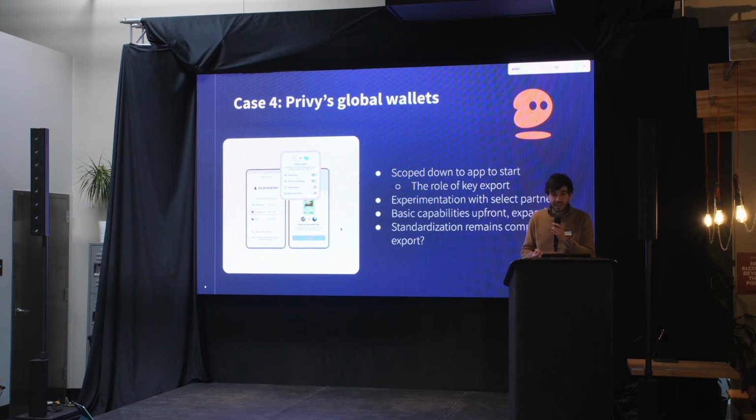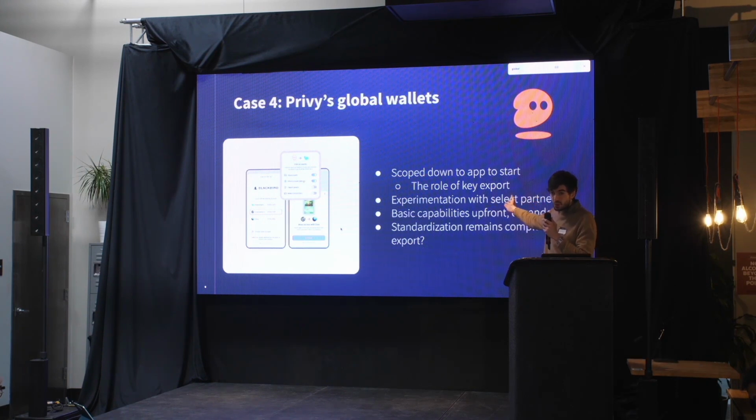But again, this is really complex permissioning work, and in a sense, this is us becoming the policy engine behind the scenes. The one thing I'll call out here, we're doing a lot of what I've called out as liking from other folks for obvious reasons. We're experimenting with select partners on this first to make sure we get it right. We are pushing the most basic capabilities up front and moving towards more complex use cases. We're really iterating here. But through all of this, we know this is going to be faulty.